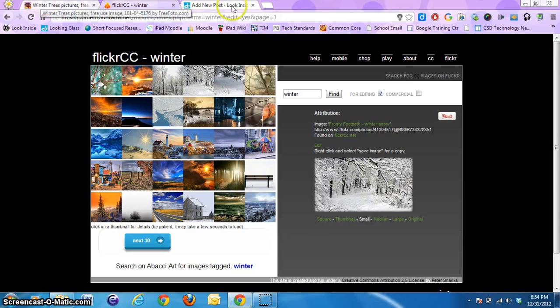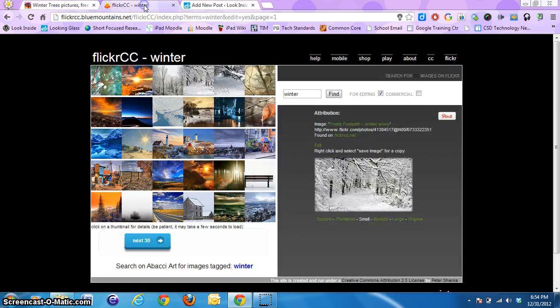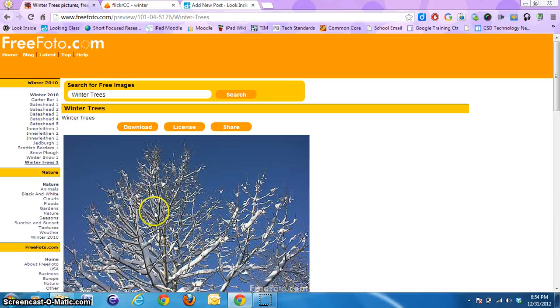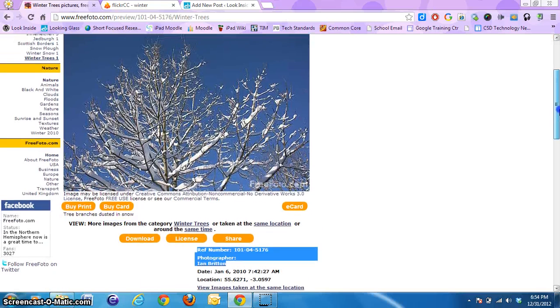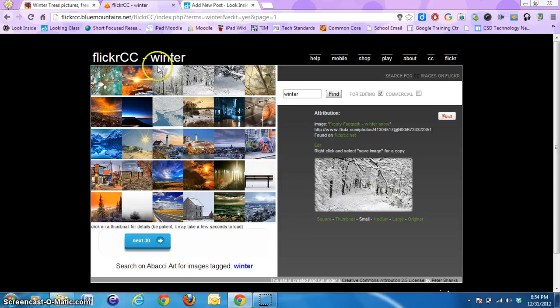Alright, so this tutorial is going to show you how to add an image into your blog post that is a legal image, Creative Commons image, and how to attribute it to the author, which can be tricky to learn. So I have a couple of locations where I've found some Creative Commons images. This one from freephoto.com I got off of a Google search, and this one is one that I got off